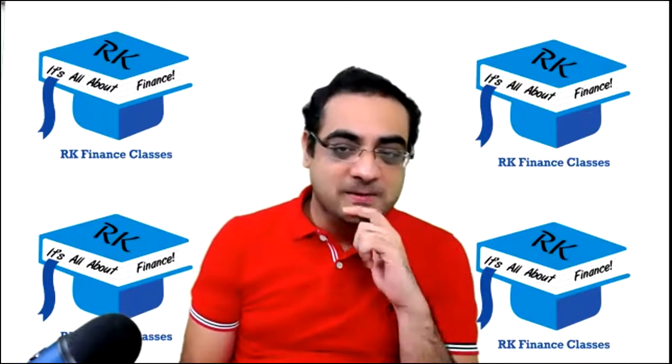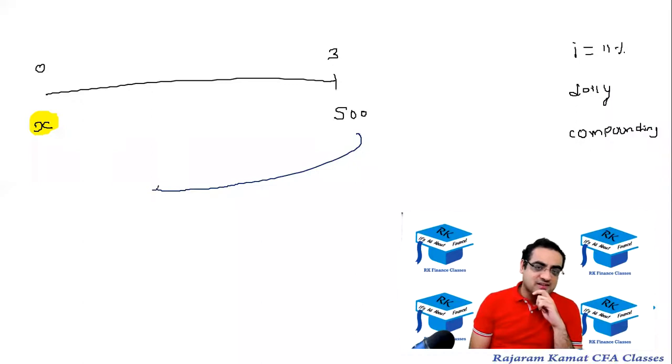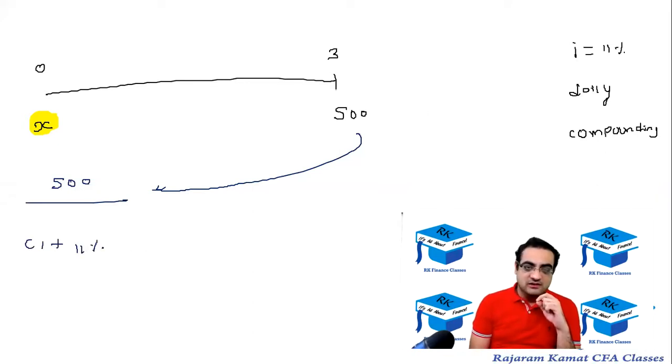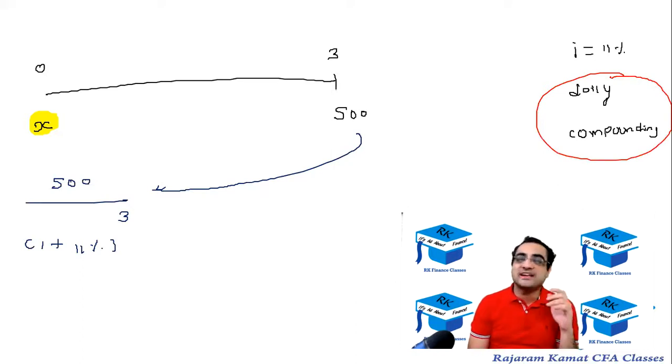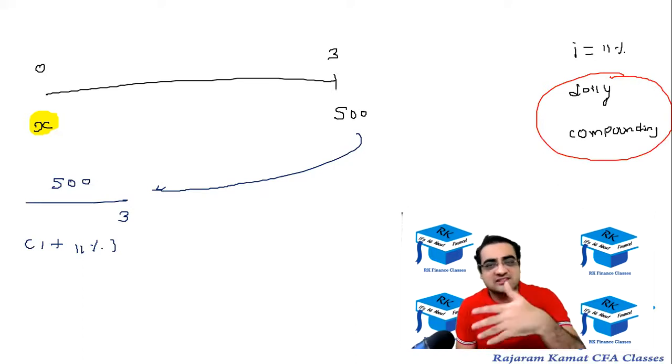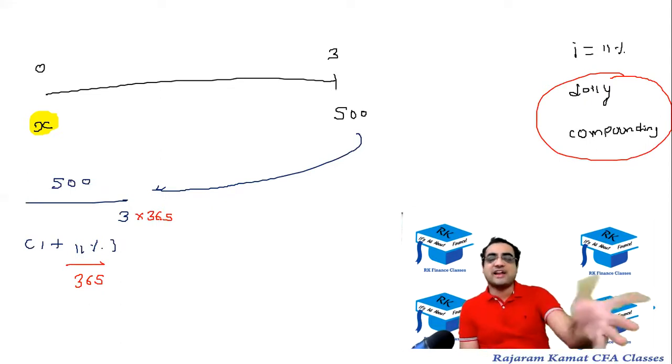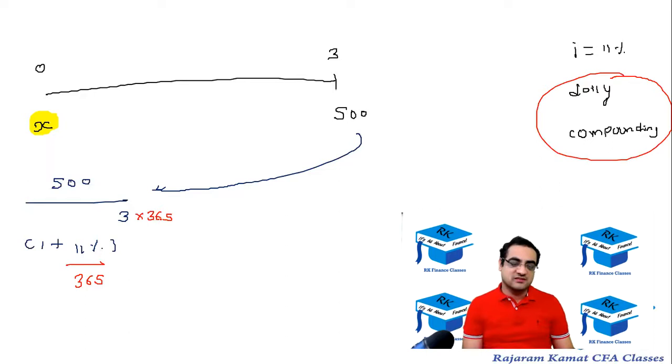All right, so let's come back. So 500, I'm taking it back. So 500 divided by, taking it back means discount or divided by, 1 plus the rate, which is 11%. And taking it back by 3 years, so raised to 3. But a few changes, and that change says this is daily compounding. So we need to ask, in a year, how many days are there? 365. You can say actually 366 sometimes, actually 365.25, but it's okay. Let me write 365 and then multiply this by 365. R divided and N multiplied by the number of days.